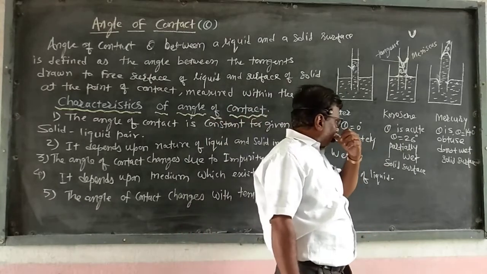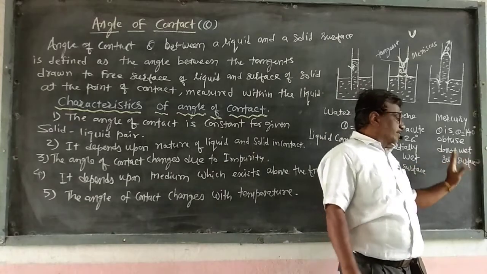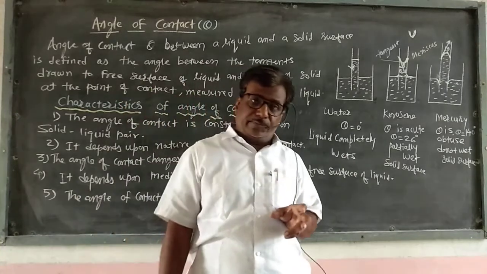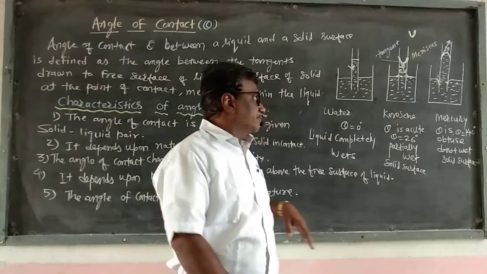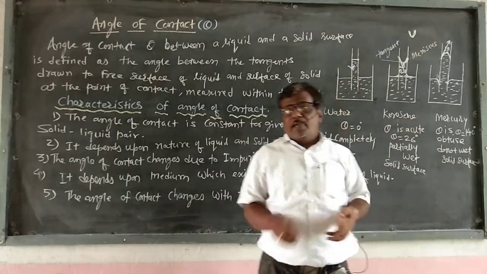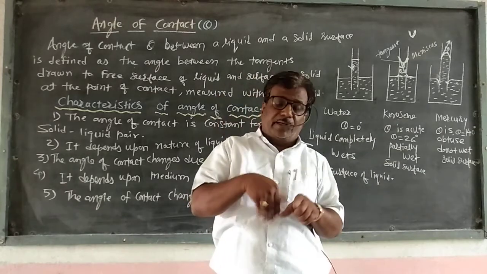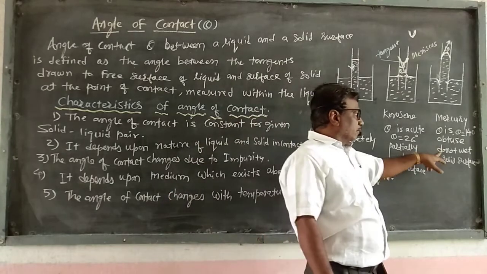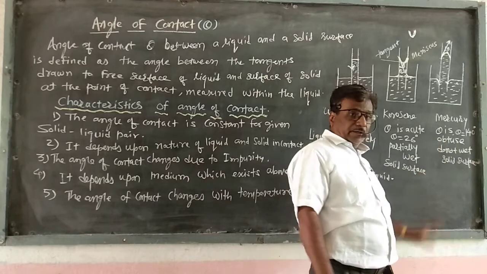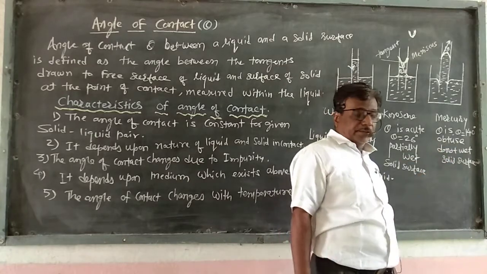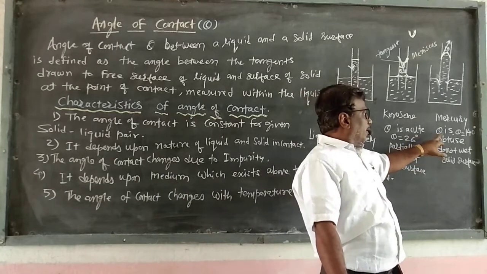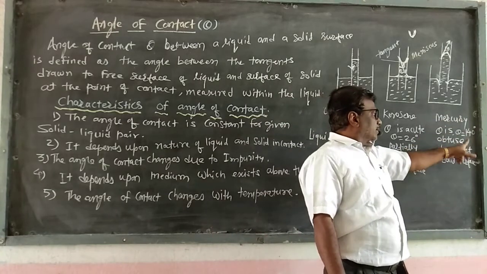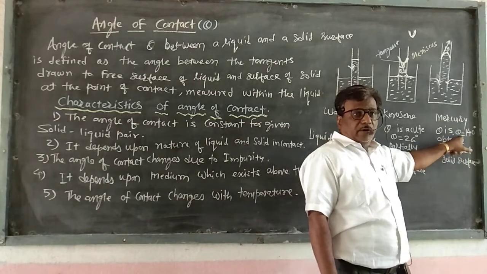Now for the third figure, when the liquid does not wet the solid surface. What does not wet mean? When we take a beaker and draw the mercury out of that beaker, and then keep your fingers into that beaker, it is totally dry. That is known as a liquid which does not wet the solid surface. Here in this case the angle of contact is obtuse. Obtuse means greater than 90 degrees. So for mercury and pure glass, the angle of contact theta is equal to 140 degrees.